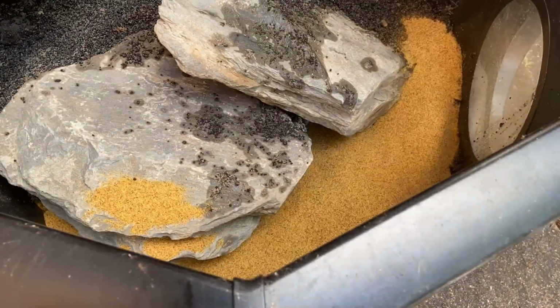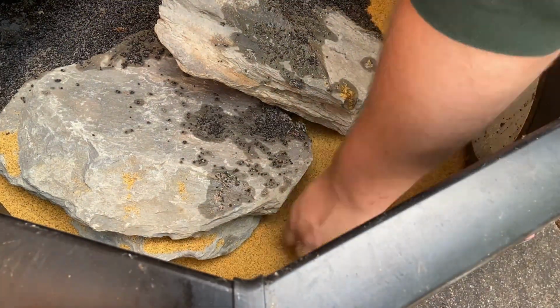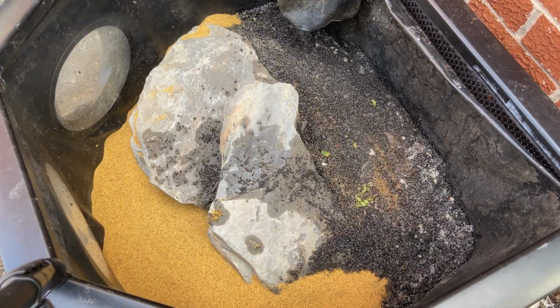But as you can see, I'm going to pack it all in at the front. I did actually end up using the rest of the bag, which was about three quarters of the bag. But again, as you can see, it's packed in quite nicely there. We've got quite a deep foreground layer to plant my carpeting plants in. And at the back, you can see as it transitions up back into the recycled aqua soil, that is quite a deep